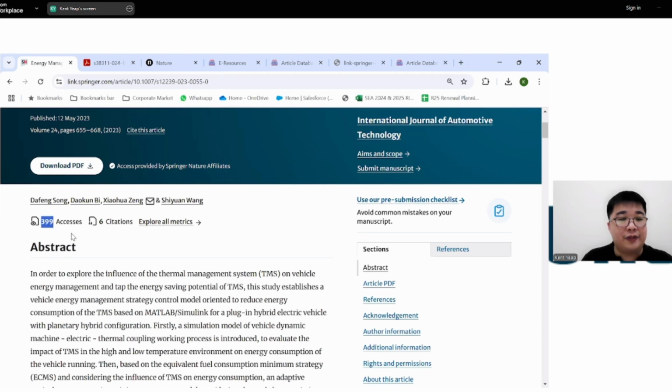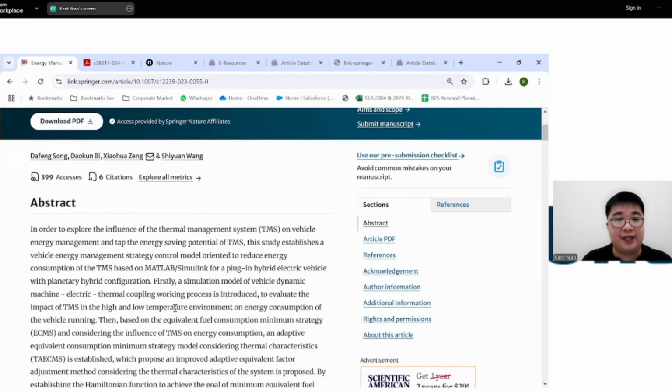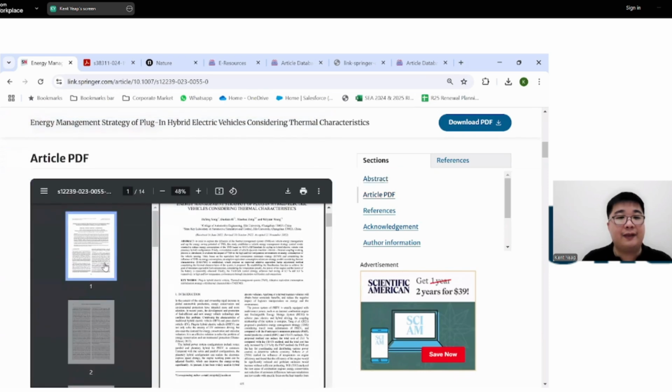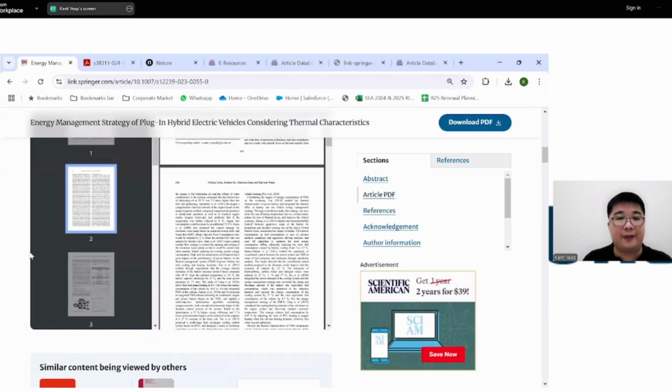This journal article has been viewed 399 times, and cited six times. Similarly, you can always download it as a PDF, or you can read it as full text here. So you can see the abstract, and then you can see the entire article this way, right?